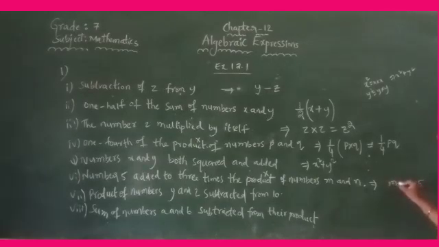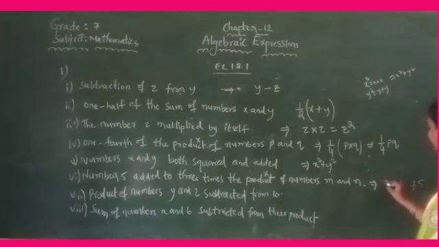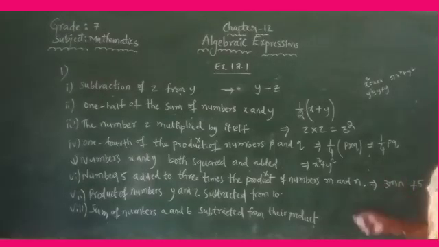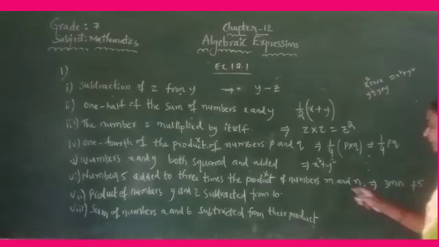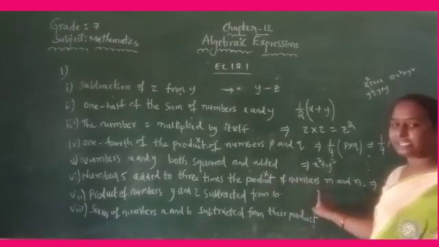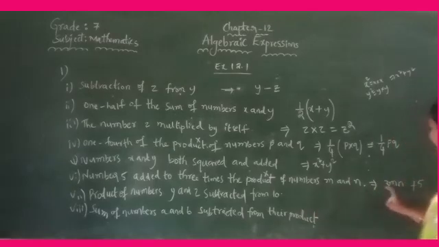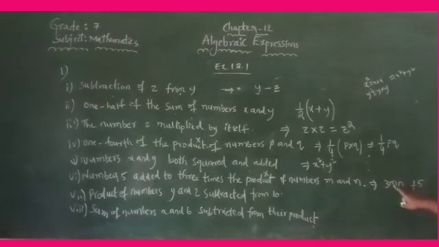So mn, 3 times means 3mn, 1 times means 1mn, 2 times means 2mn, 3 times means 3mn. 3 times the product of numbers, that is 3 into mn. To the 3mn, which number is added? 5. Then the expression is 3mn plus 5. Very good.